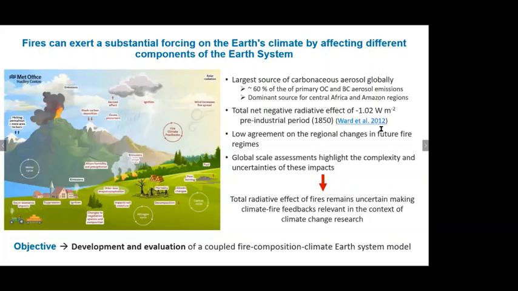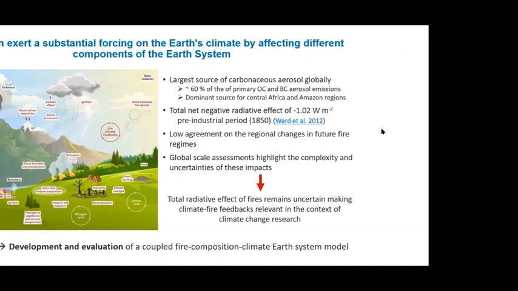So the total radiative effect of fires on climate remains quite uncertain, and it makes it quite a relevant piece of research. So we've taken this and decided to develop and evaluate a coupled fire composition climate Earth system model